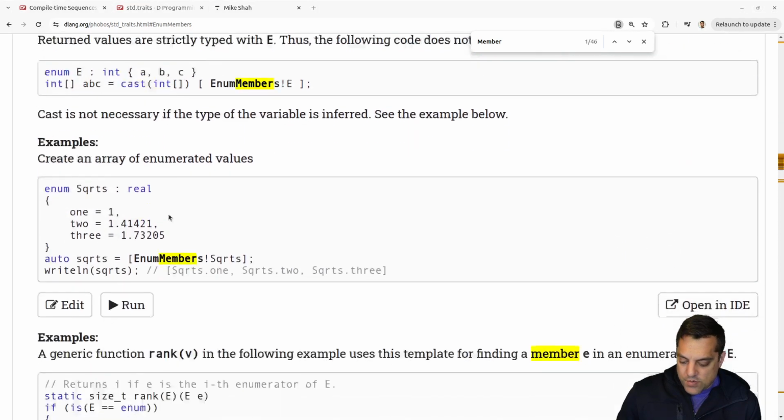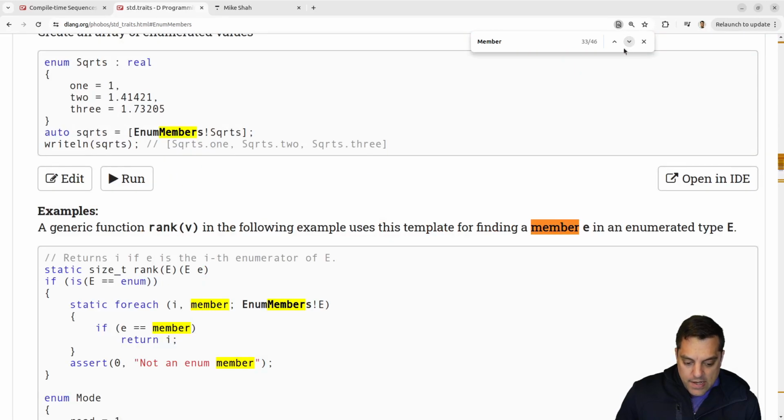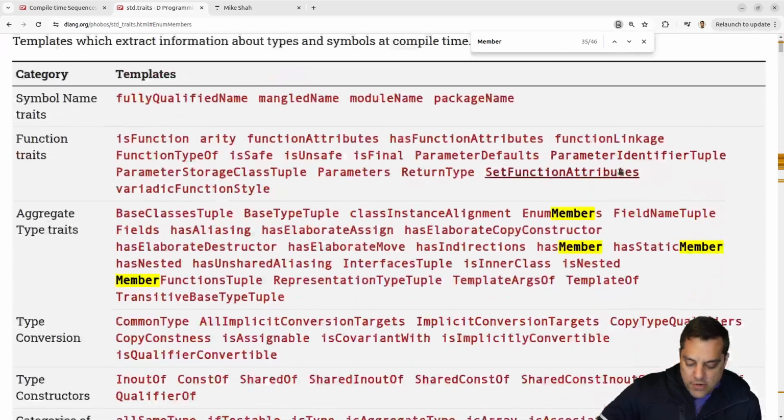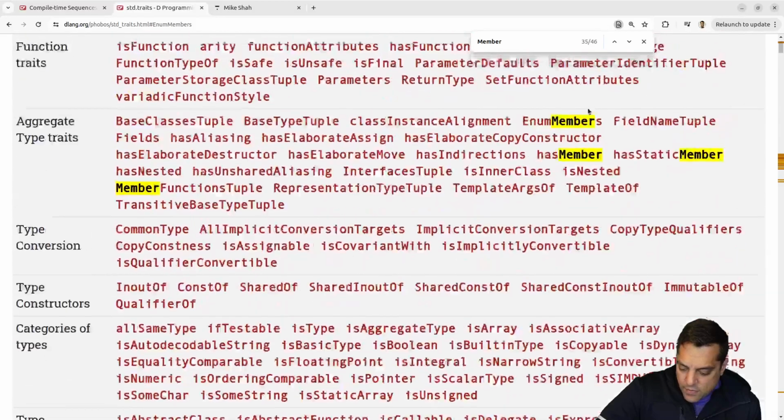Nope, that is just for enums if I scroll down here. So let's go ahead and try again here. And again, this is just how you play around with it. Again, I want to do a little bit more live coding with this here. Let's see if we can find it for